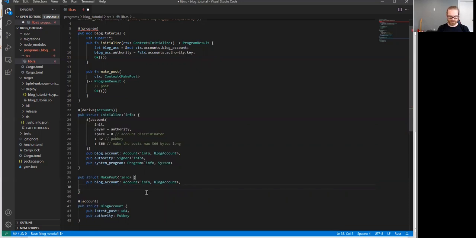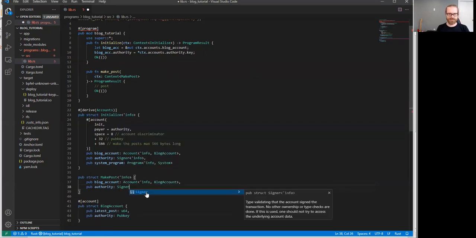We also need the authority because we want to make sure that the person trying to make the post has the authority to do so. So we're going to check it against the saved authority that we saved in the initialize. So the authority is pub key, beautiful. The authority signed the transaction, so they're a signer. Right. Okay, so